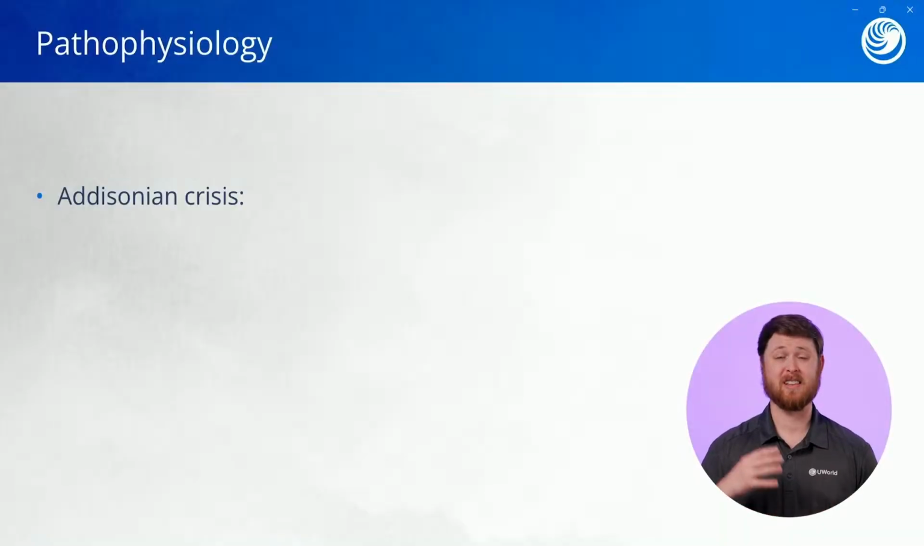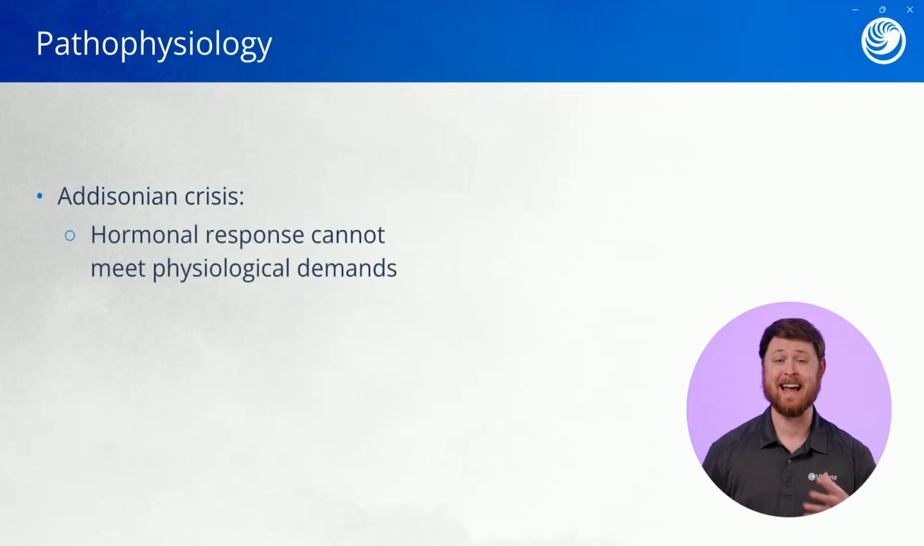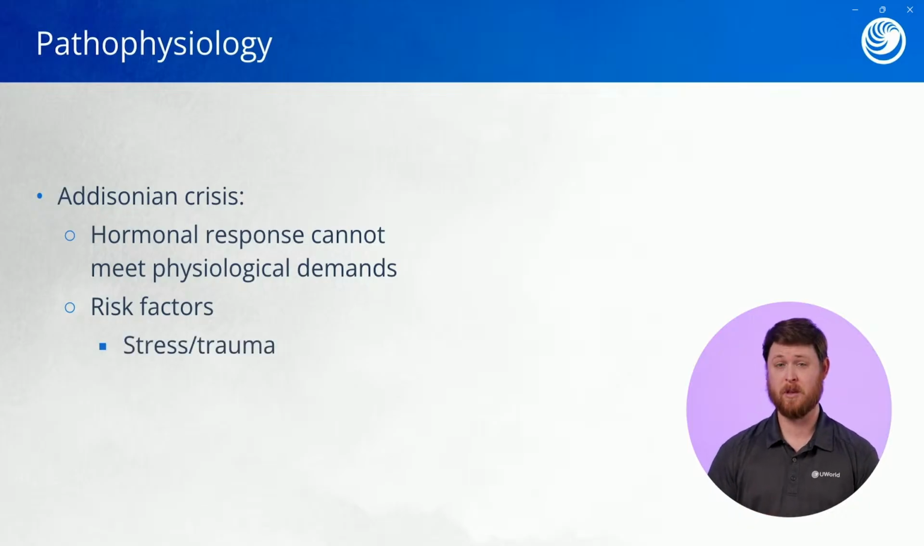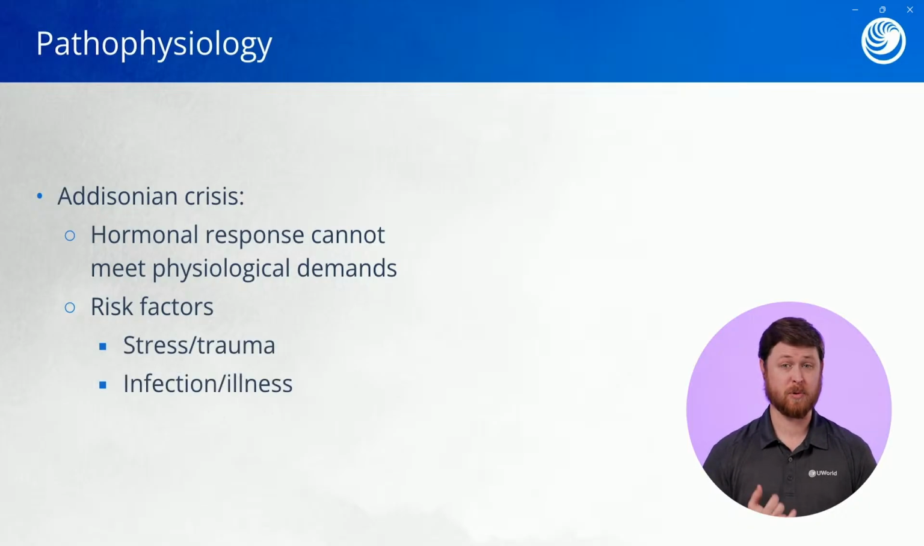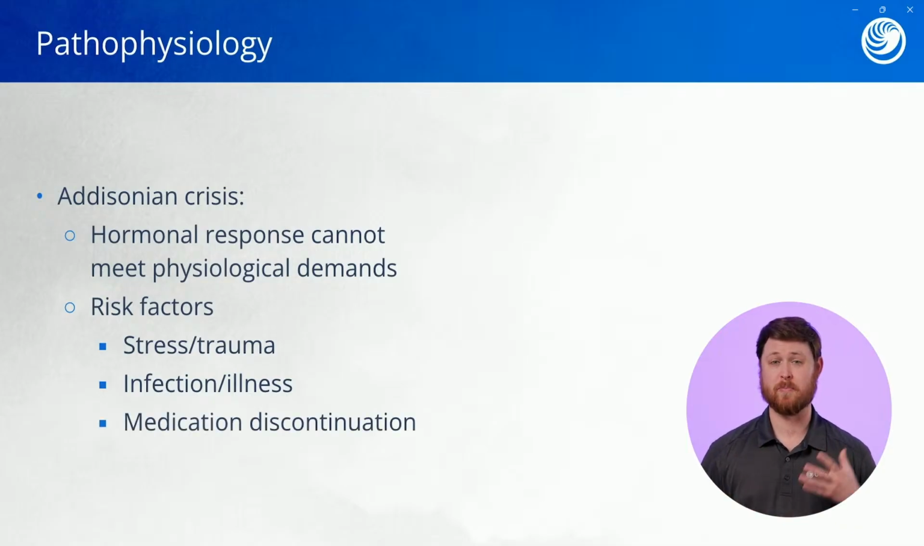Essentially what happens is the client is subjected to a level of stress that is too significant for the body to handle, and hormonal response cannot meet physiological demands. There's a number of risk factors that can lead to the development of Addisonian crisis, such as any increased stress or trauma. Infection or illness can precede Addisonian crisis, as well as abrupt discontinuation of certain medication, especially certain corticosteroid